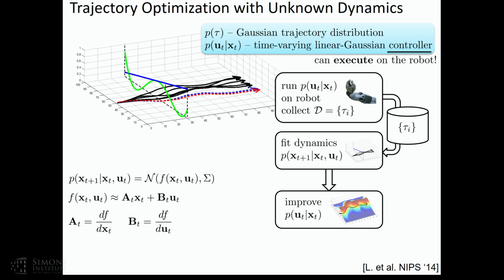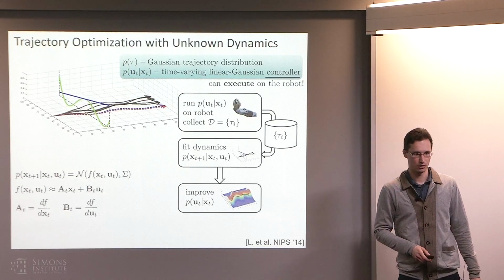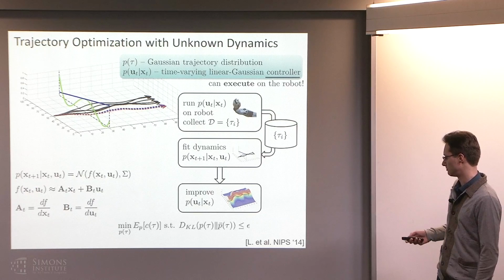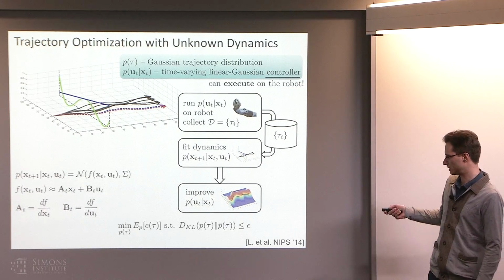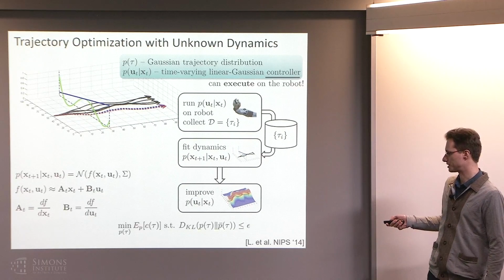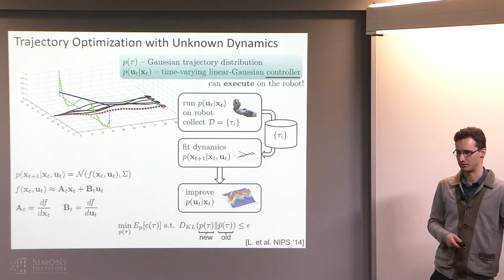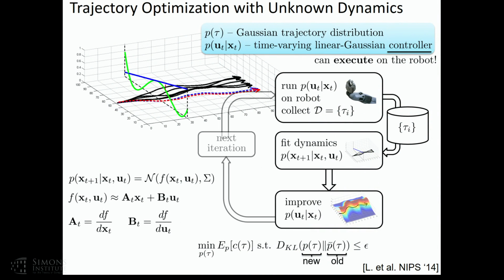So what we can do is instead try to bound how much the controller changes. Basically, try to bound how much the controller will change such that it stays within the region where your linearization was good. And a natural way to bound it, if it's a stochastic controller, is in terms of KL divergence. So in this improvement step, we can just minimize the expected cost under the new controller, subject to a constraint that KL divergence against the old controller is limited by some epsilon. And we can dynamically adjust epsilon so that our dynamics approximation is good. And that actually turns out to work pretty well. So that allows us to do a whole bunch of interesting real-world robotic manipulation tasks without knowing the dynamics.